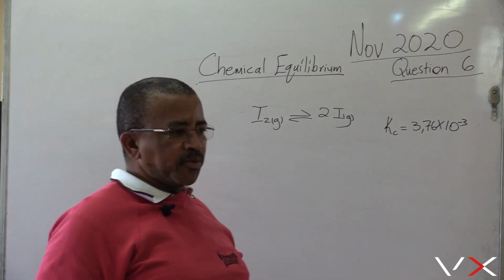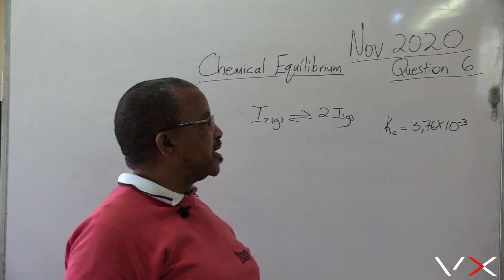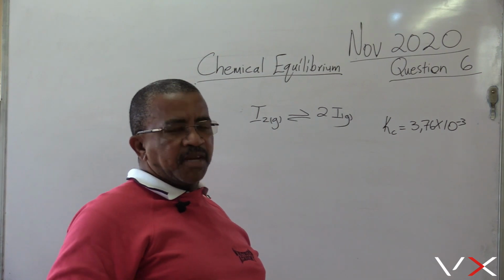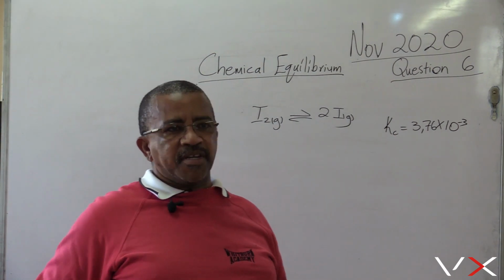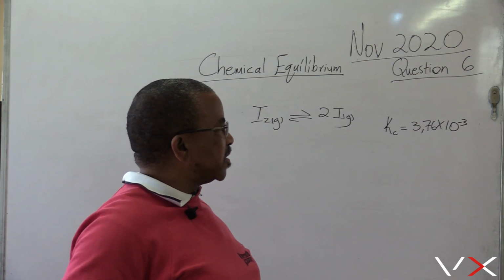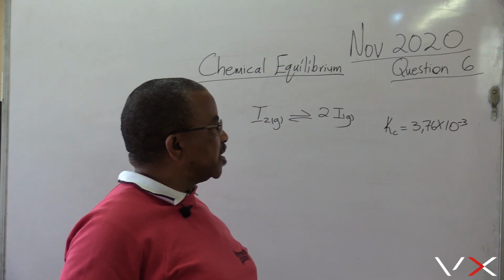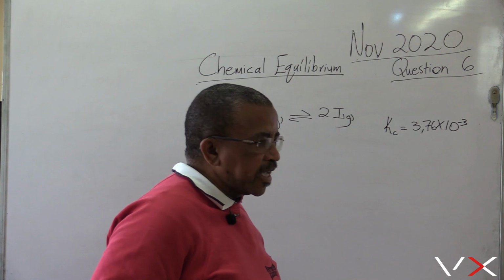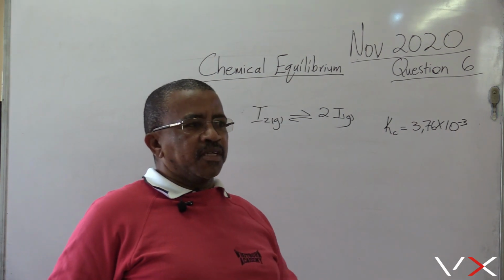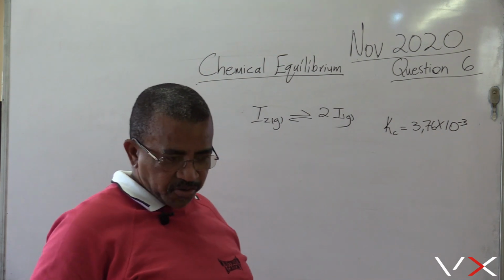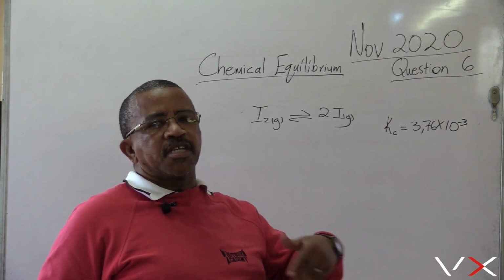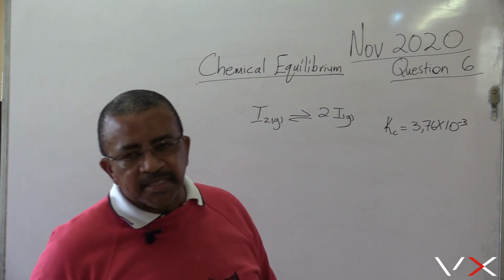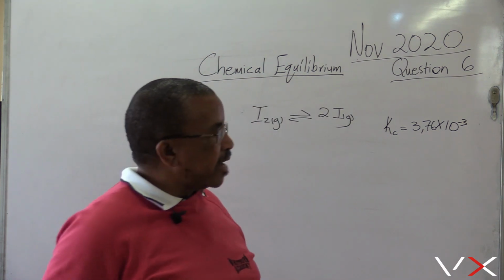The meaning of the term reversible reaction, which means a reaction whereby reactants are able to form products, and the products are able to form reactants. So that's a reversible reaction. It means a reaction where reactants are able to form products, and at the same time products will form reactants in return. So it does not go to completion. It happens that while reactants form products, the products form reactants.